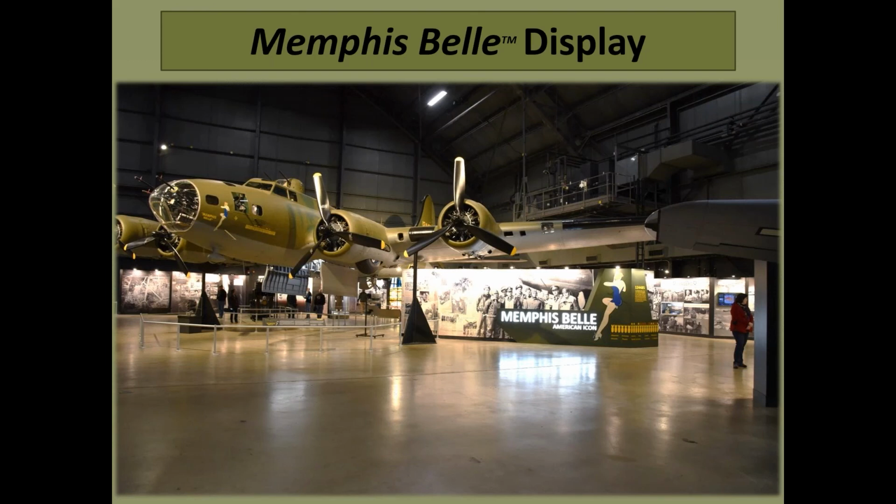And then there's a stand at the tail wheel, and the restoration staff not only designed the stand, they also made it. There's a plate steel that they cut and welded, and then they put the Belle on top of it. And it was very, very important for all of us that we allowed the public, everyone, to get as close to the airplane as possible without anyone damaging it or touching it. And so by putting it on display in the fashion that it is, you can get underneath